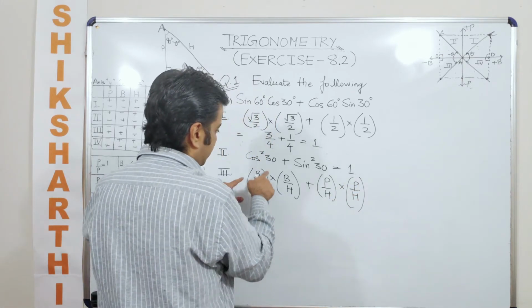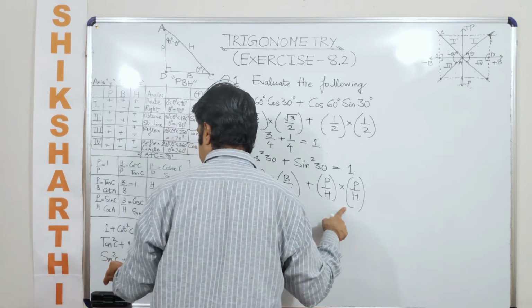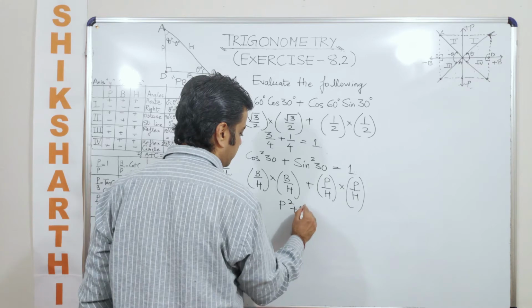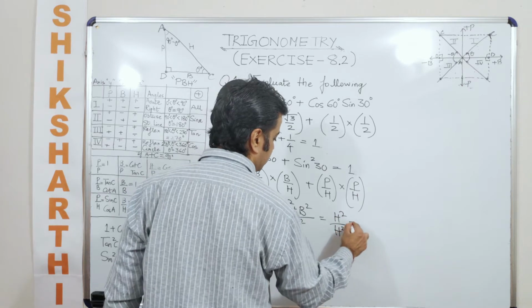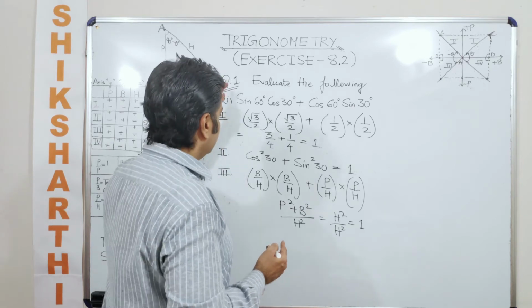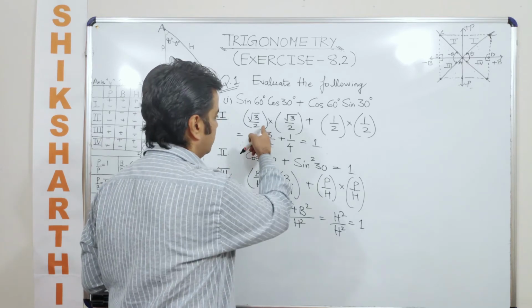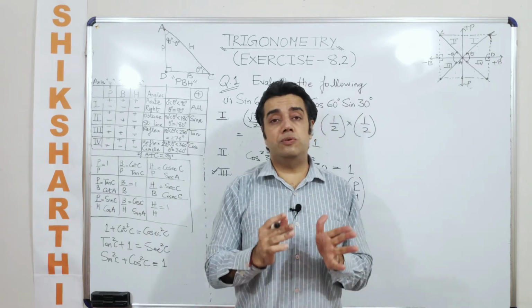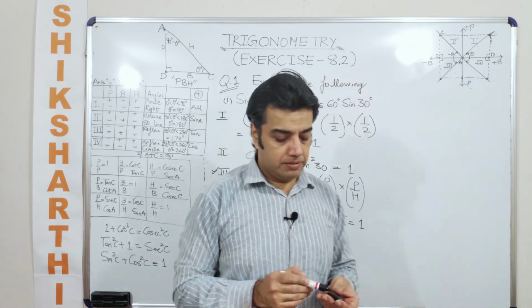Once you do this, you are able to establish this trigonometric identity as well, because this is what I had explained when I had established this trigonometric identity. So this is nothing but P square plus B square upon H square, which is just like saying H square upon H square, which is equal to 1. So you can solve this question in one among these three ways. Maybe I would advocate this, but if you want to use the values of the trigonometric ratios, you can use the values as well, given that you need to know the values in advance. Let's move on to the second subpart.